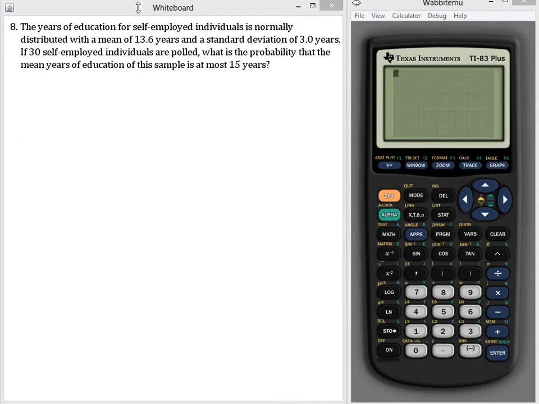Number 8. The years of education for self-employed individuals is normally distributed with a mean of 13.6 years and a standard deviation of 3.0 years. If 30 self-employed individuals are polled, what's the probability that the mean years of education of this sample is at most 15 years? So it's fairly easy to decide that we're using a normal distribution here because we're told that